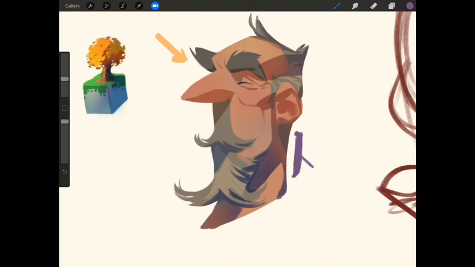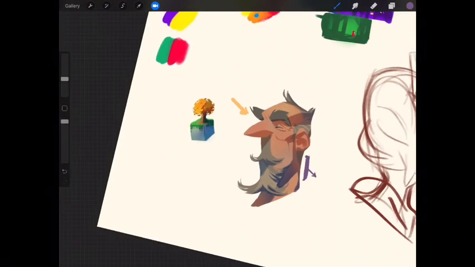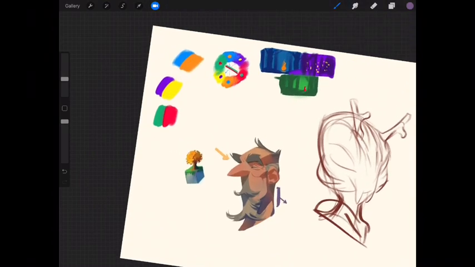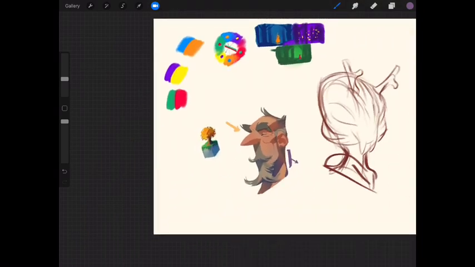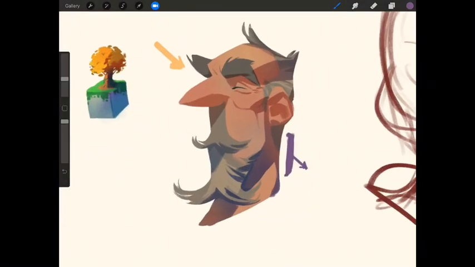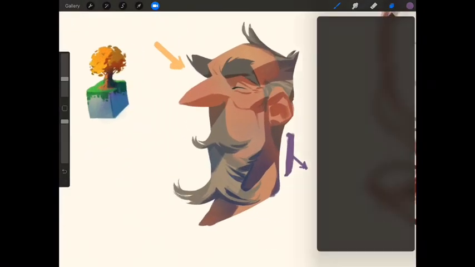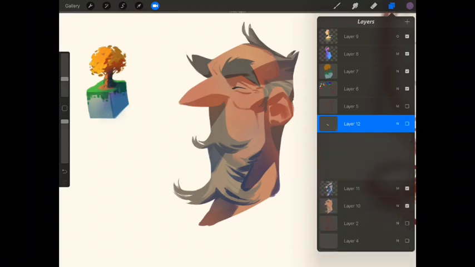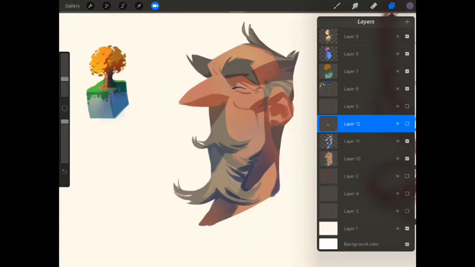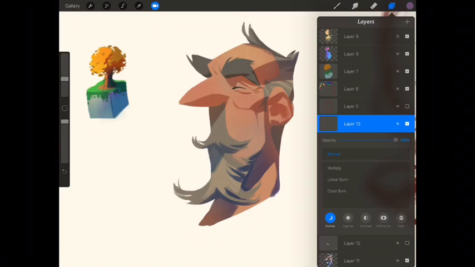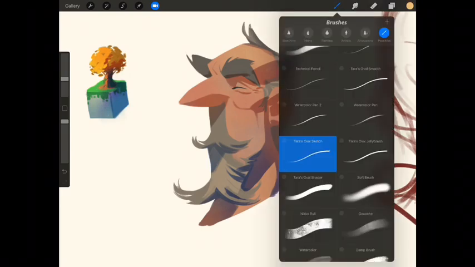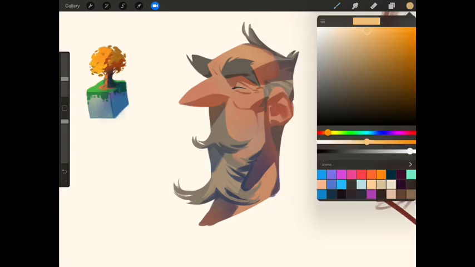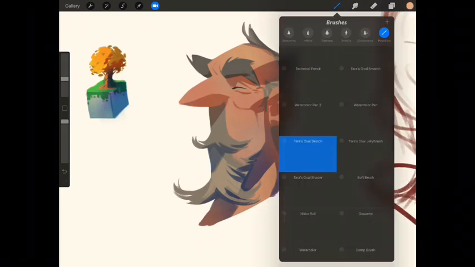So again, we've got yellow light and purple shadow that are acting on this guy's face. To enhance that sense of light, we're going to throw in, again with overlay, set to something in that orangey, pinky orange, warm lit space, I'm going to throw some of that